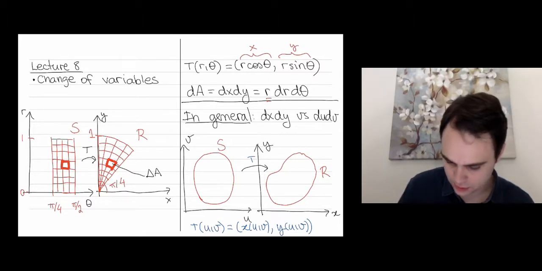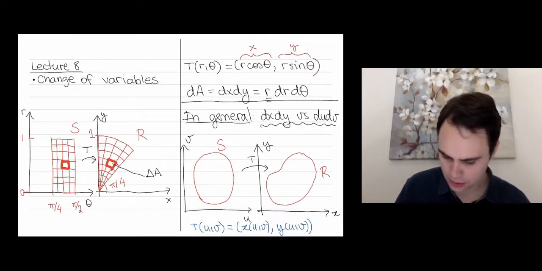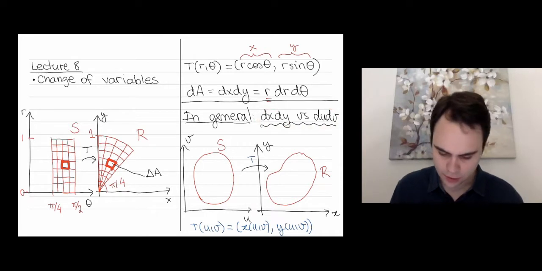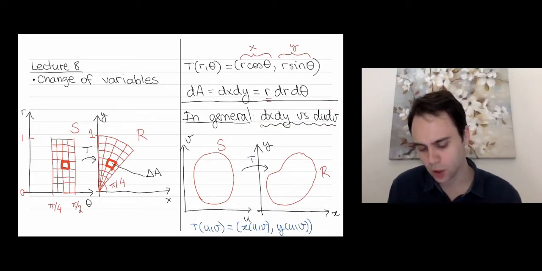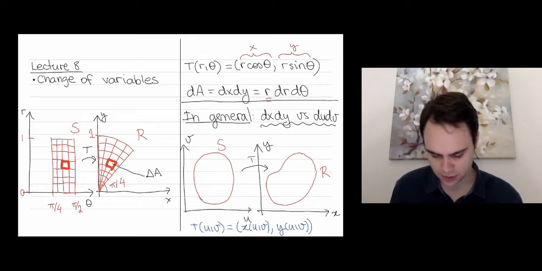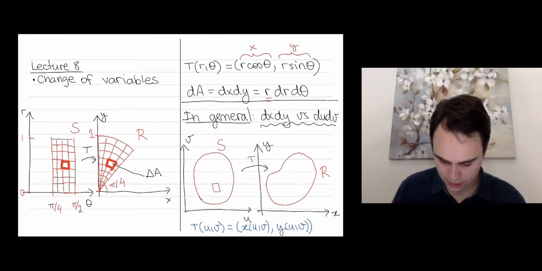So this is our job for now. This is our next job, dx dy versus du dv. Before we learned, for example, when u is r and v is theta, then this scaling factor, this change. I want to know the relationship between the area of a little rectangle in the UV plane